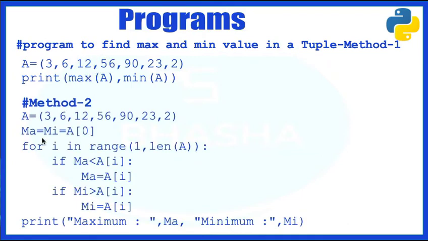Therefore, the loop says that you have a tuple, and you are assuming both maximum and minimum are a 0. Just check if the first element is less than this one, that means this is not the maximum element ai, so you are changing the value of ma. Similarly, if mi, the minimum, is greater than ai, you are checking for this case, that means this is the minimum element, and hence you are finding it.